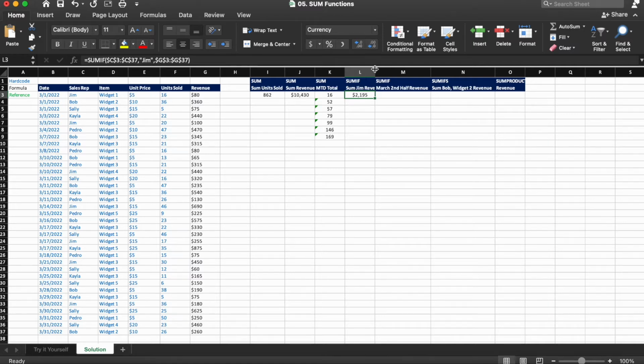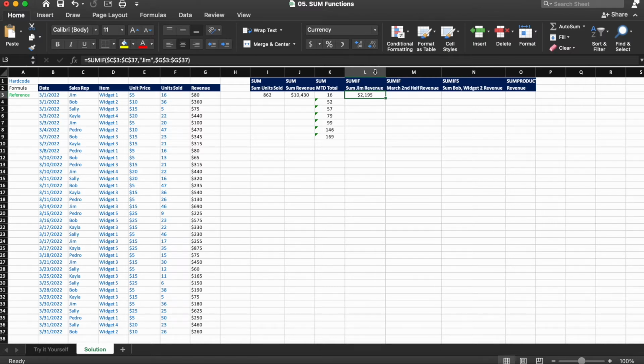And then we'll also just pop this column, make it a little bit wider. Remember, we can click in between columns L and M to expand the cell open a little bit. Now you'll notice that we did a hard code within the formula, which again, not a best practice, but for illustrative purposes, that's what we did.